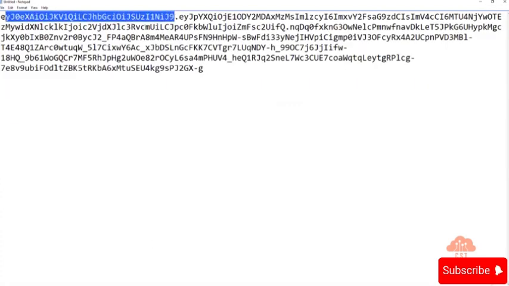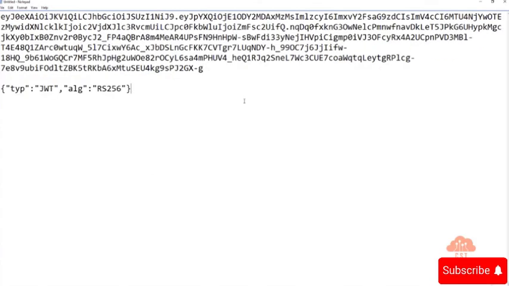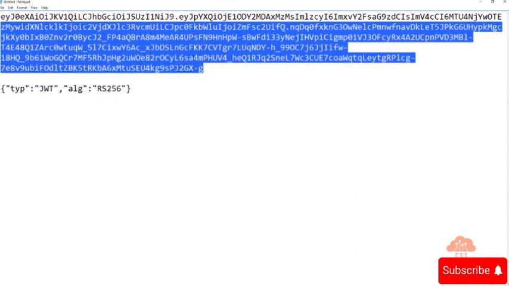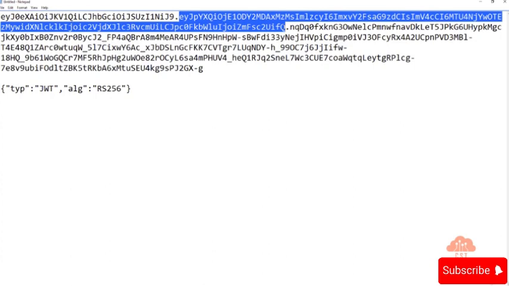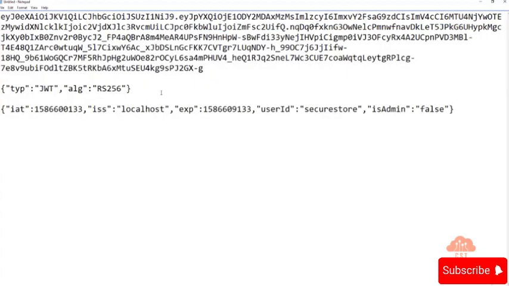And let's copy the JWT headers and decode them using the online tool that we have used earlier. So I'm pasting it here and copying the decoded text. And if you see this, RS256 is used to generate this token. Now let's also decode the payload using the same online tool. If you see, this is the payload we have gotten. It looks like this. Now what we want to do is change the user ID to admin,